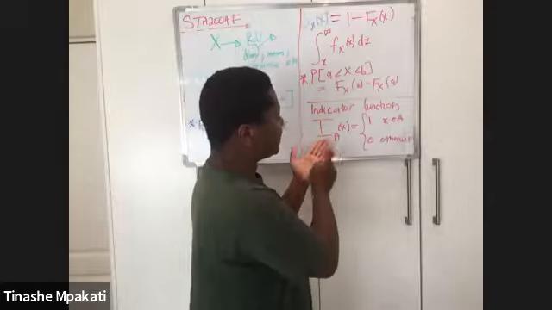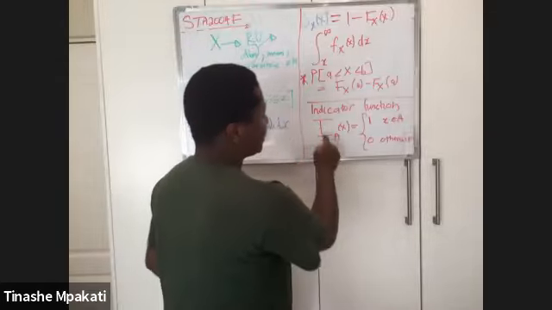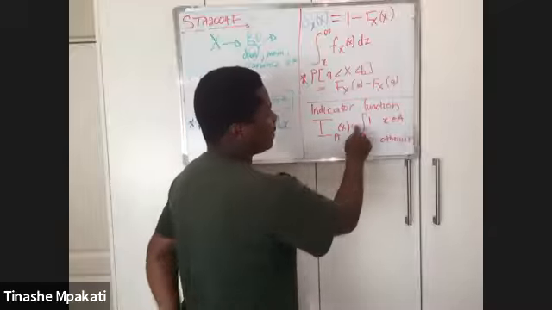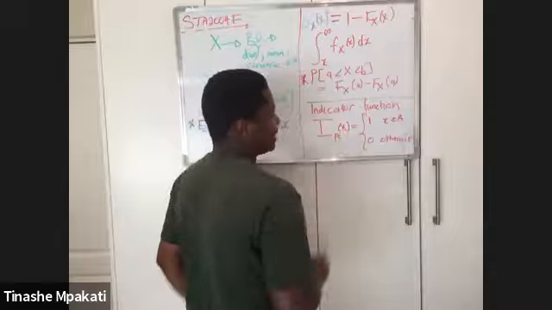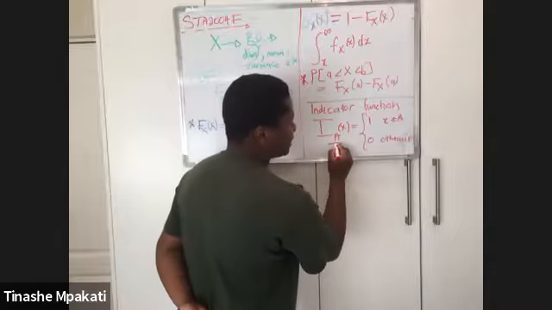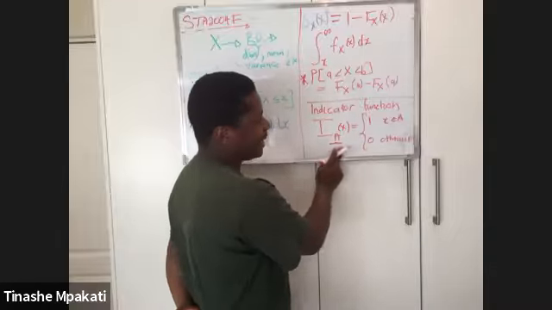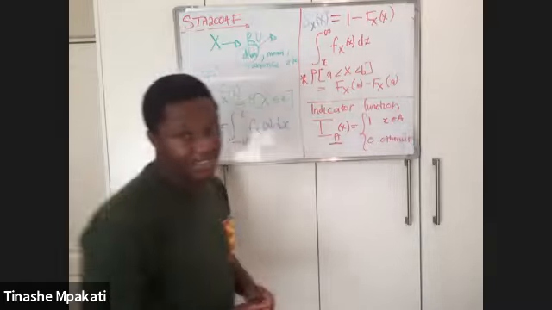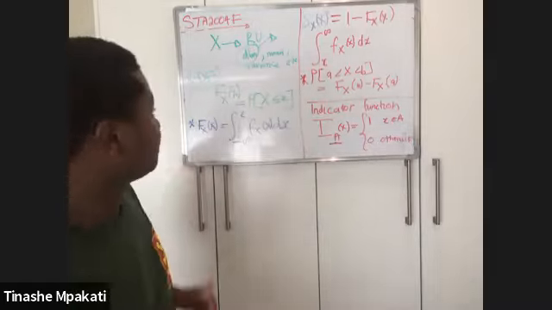But all an indicator function tells us is that if your indicator function is defined as follows, with A and x there, this will be equal to 1 if x is an element of whatever interval you may be given here as A. And if x is not an element of this, then your indicator function will be equal to 0.